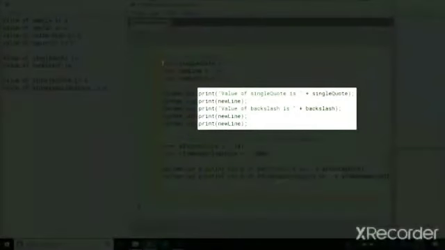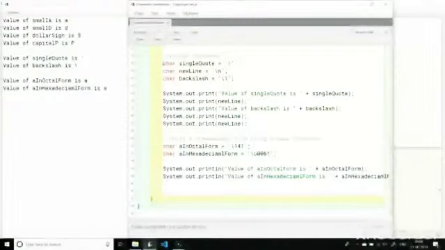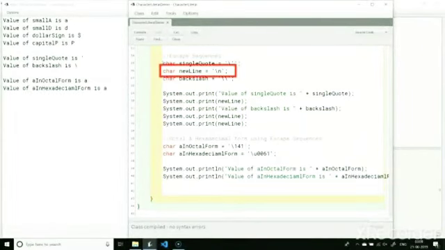Notice that we used print and not println in this set of print statements. Still, the output appears as if it was printed using println statements. The reason is this new line char variable. We are printing this after single quote and backslash. New line character doesn't have a graphical representation of itself. It makes the next output start on a new line. Println statements add the new line character after every output. Here we are simulating println by printing the new line character ourselves with the help of its escape sequence.